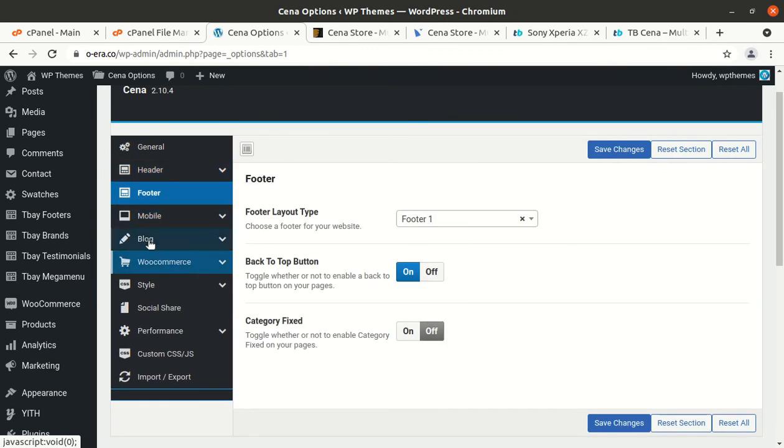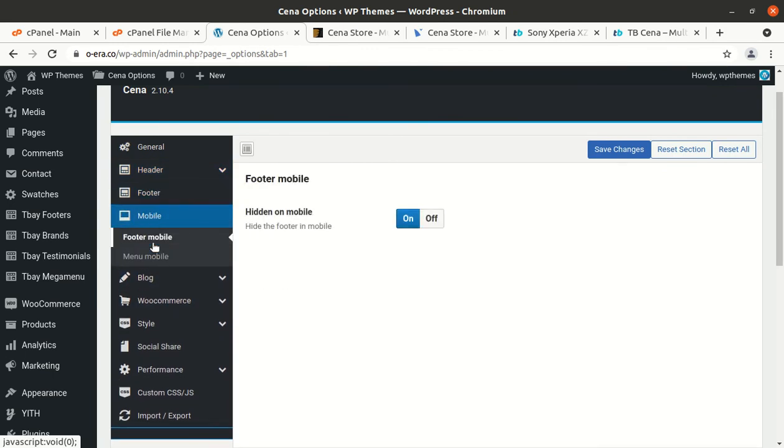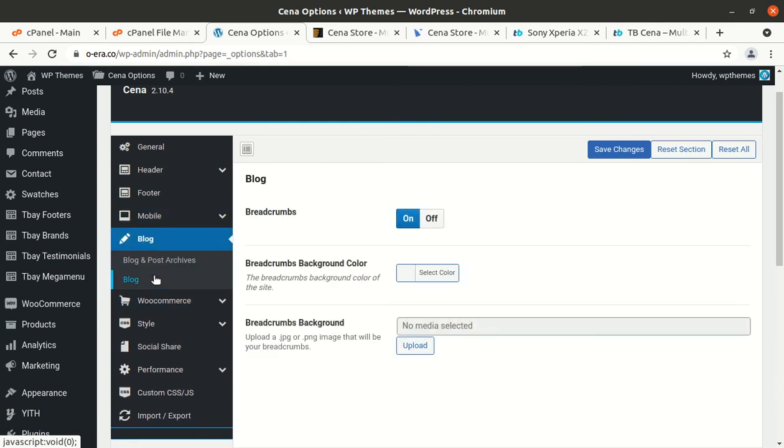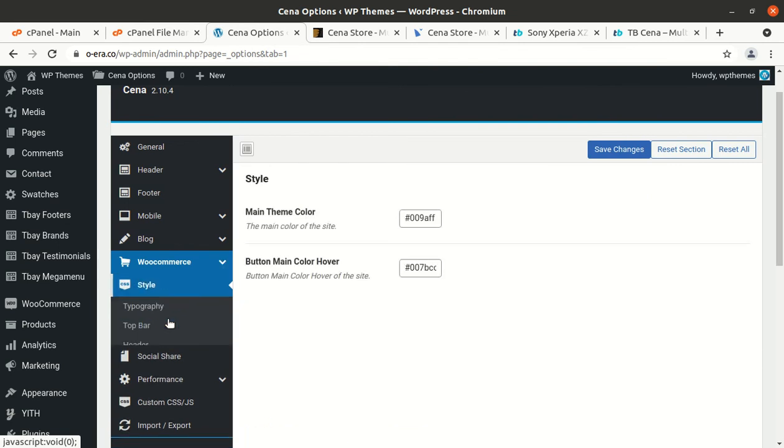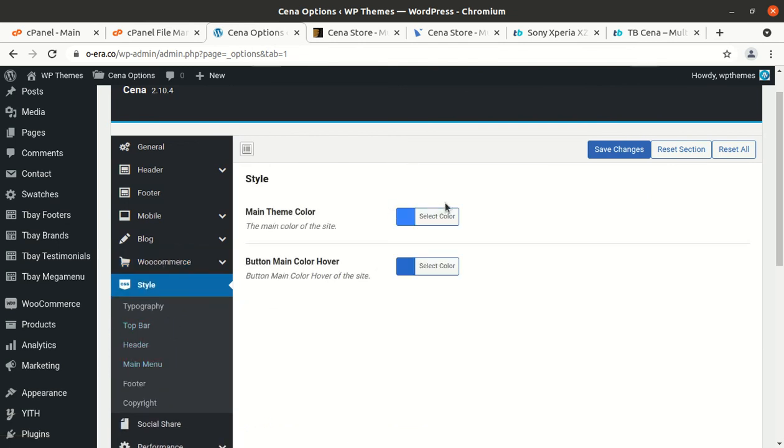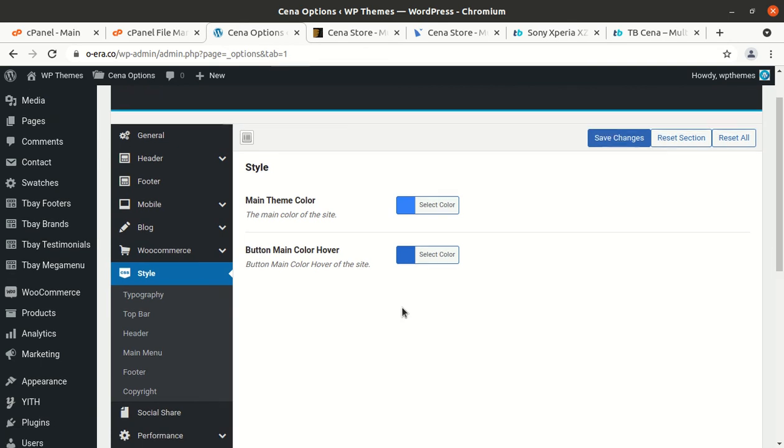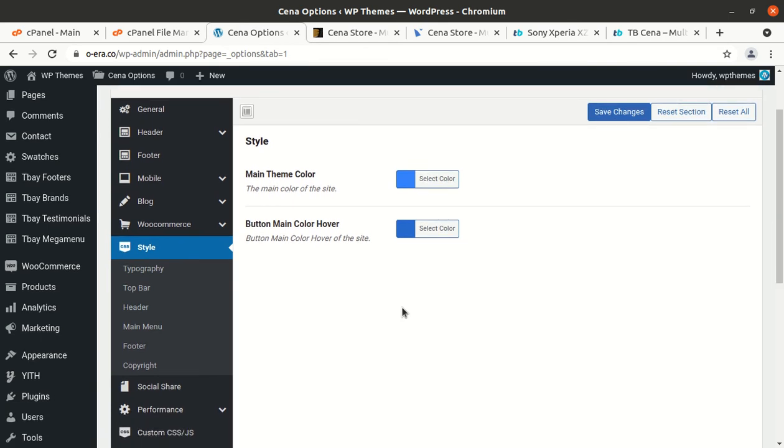Footer option is here. Mobile is another setting, footer mobile and menu mobile. Blog settings, WooCommerce style, and you can change the theme color. This is also a very good control. So if you want to change the complete color of the theme, you can choose from this screen.